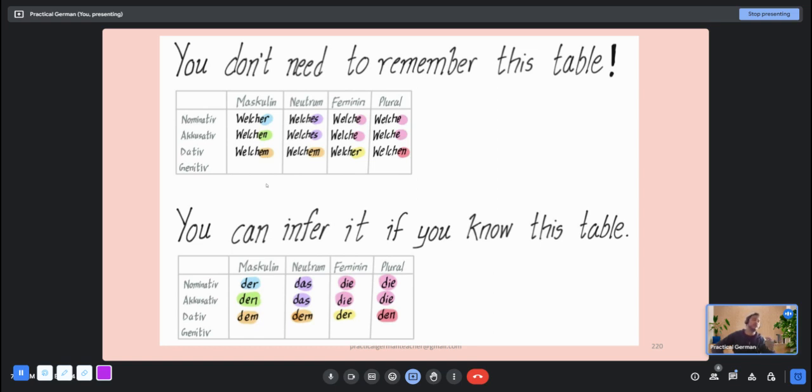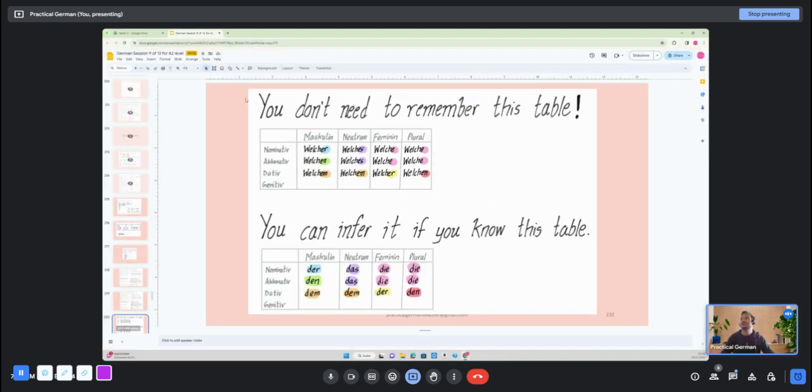Now I'll go one step further, just to confuse it a little bit. Maybe you have, for example, this verb, suchen. Suchen means to find, right? But last week I told you that you also have to learn to use prepositions with nouns, right? You have to learn to use prepositions with nouns.